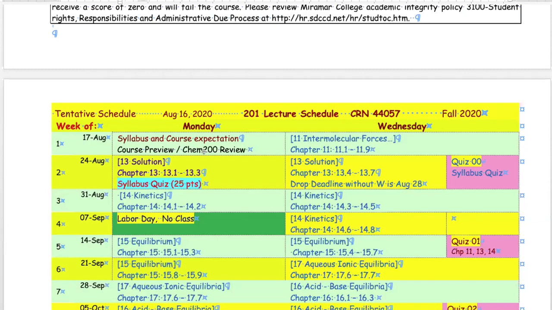Solution chemistry is pretty important, just because if you don't know how to calculate a concentration, you're going to be in big trouble in this course, okay? Because in this class, we do a lot of solution chemistry. Okay, we need to know what the concentrations are. We need to know how many moles of these ions are in the solution, and then that way you can calculate the mass of the product that forms, or the mass of the reactant that dissolves. So you need to know how to calculate concentrations. So that's the first two chapters.